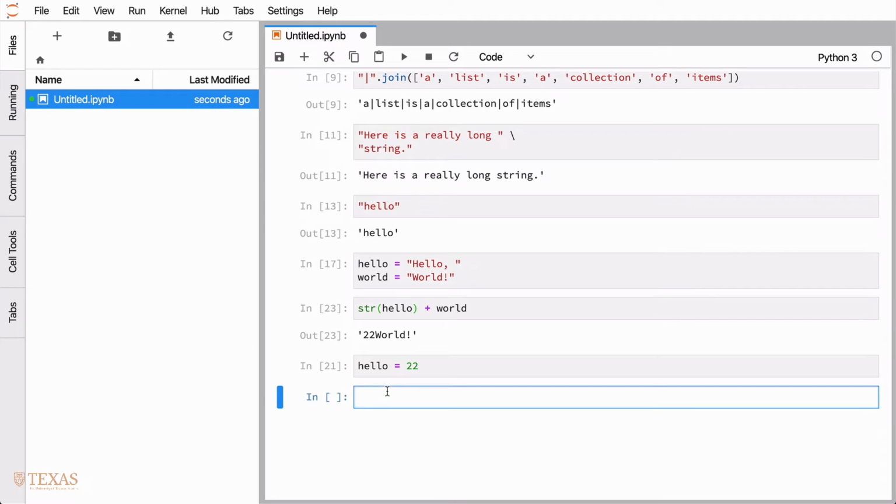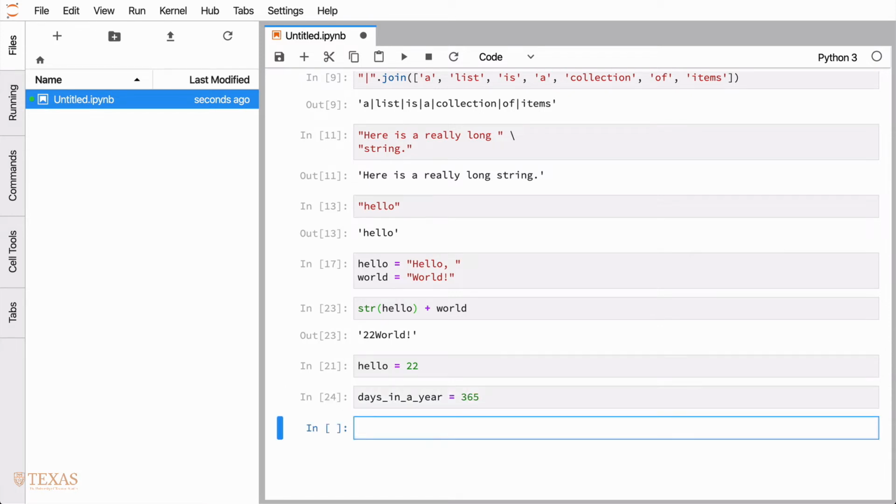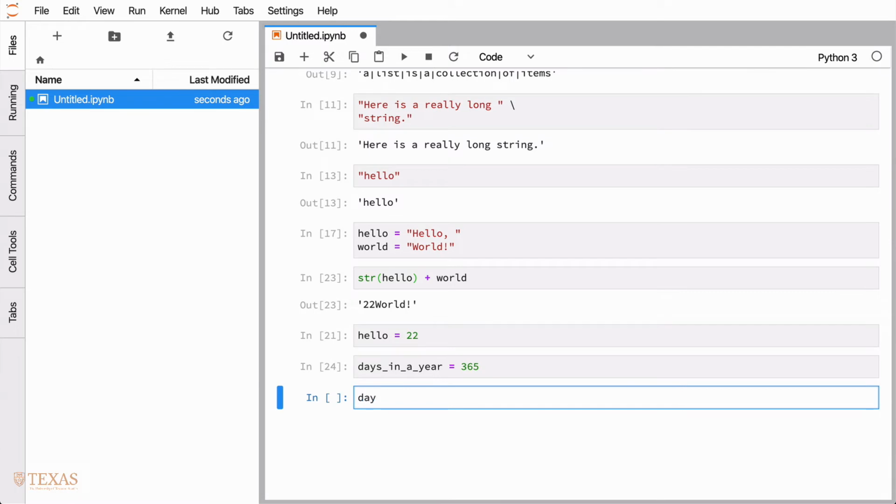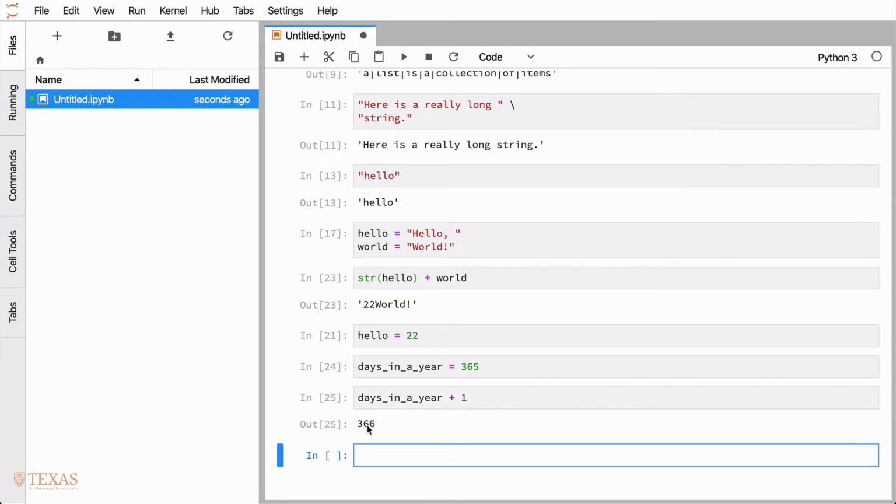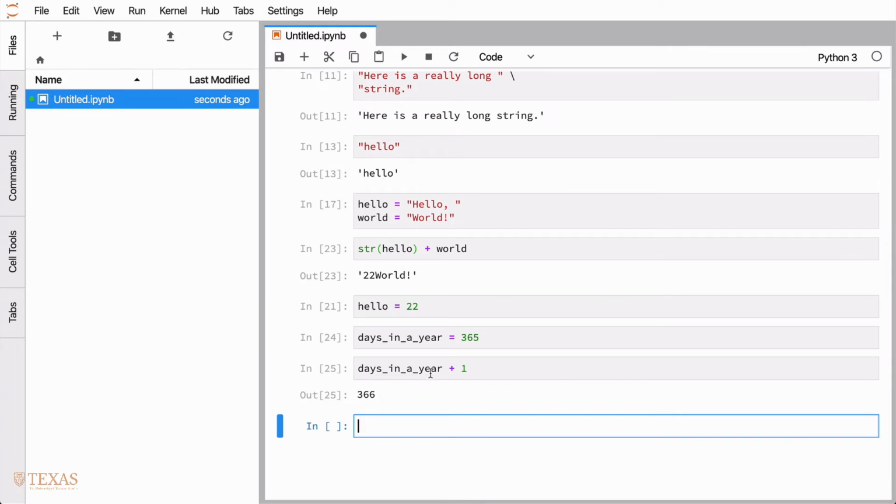So it's probably useful to go through a couple of other ways to modify variables. So I'm going to create a variable called days in a year. And I can update that variable. One way to update it would be to say days in a year plus 1, right? That would give me 366. If I wanted to actually store the new value, 366, say it's a leap year, if I wanted to store that